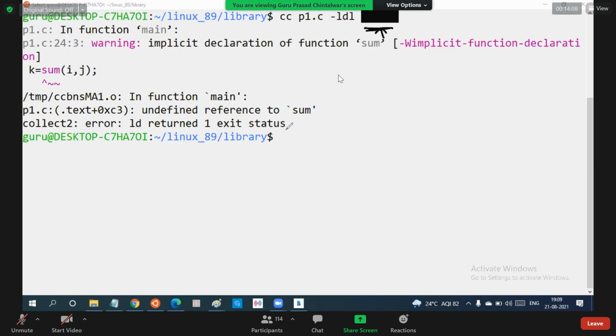First, my a.out will go to the RAM. When my a.out is running, depending upon the requirement, I need to plug in the library, put the library into the RAM, utilize the function, and then close the library. So, in this